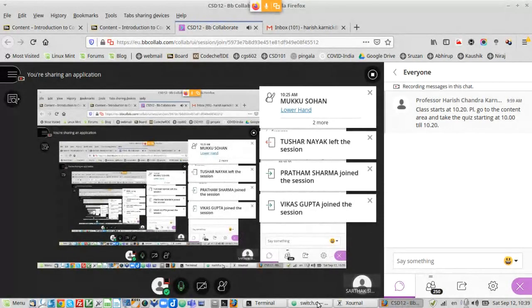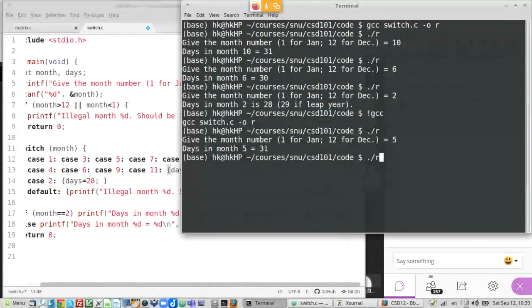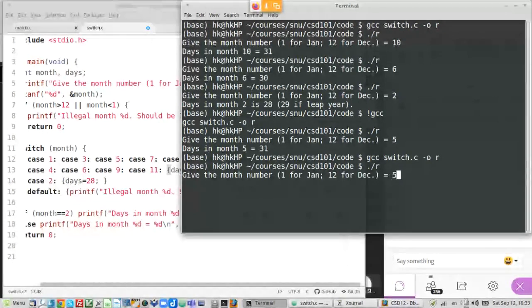and let's remove all these breaks. Okay, I've removed all these breaks now, and I'll recompile it and run it again. So let's say I give 5.